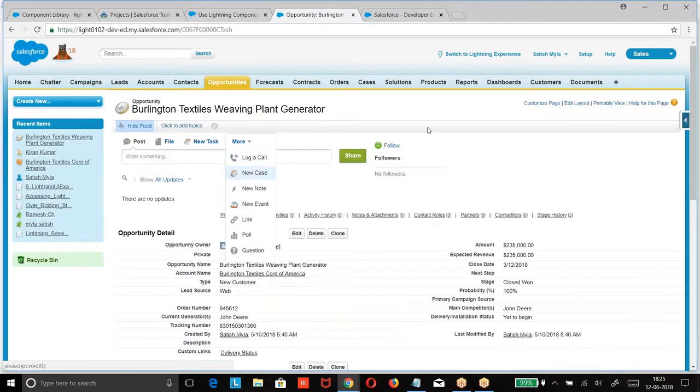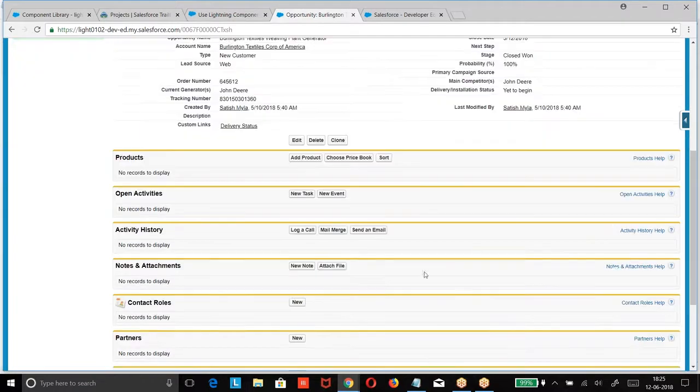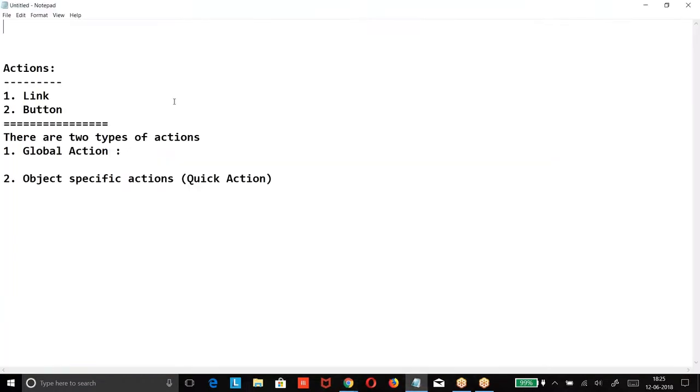Those are global actions. Global actions are not specific to any object. They are going to insert a record which is not associated with any other record. It doesn't have any relation with other records. It is going to be an independent action.